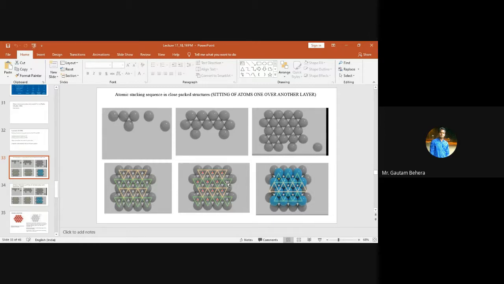Now we are considering how the second layer of atoms will sit on this first layer. These blue atoms are the second layer. Now you need to figure out where these atoms are sitting. Just remember, atoms try to sit in such a way that they give rise to close packed structures like FCC and HCP. So just have a look. The second blue atoms are sitting in the inverted triangles, the positions where inverted triangles are present.